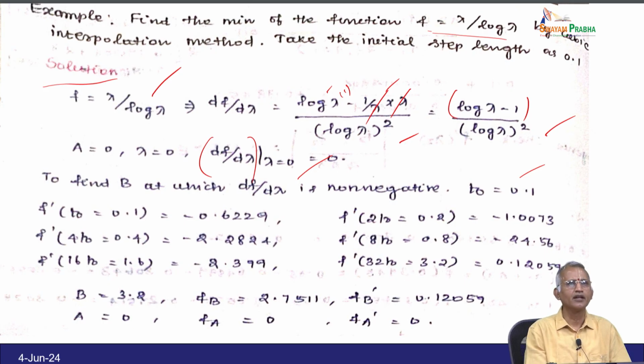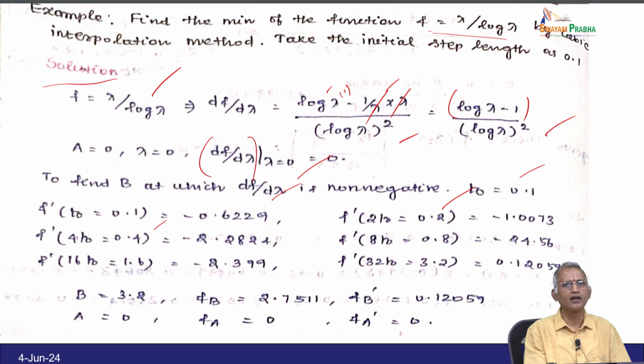So, f dash of t naught equal to 0.1 is minus 0.6229 and f dash of 2 t naught equal to 0.2 which equal to minus 1.0073 and f dash of 4 t naught equal to 0.4 is minus 2.2824